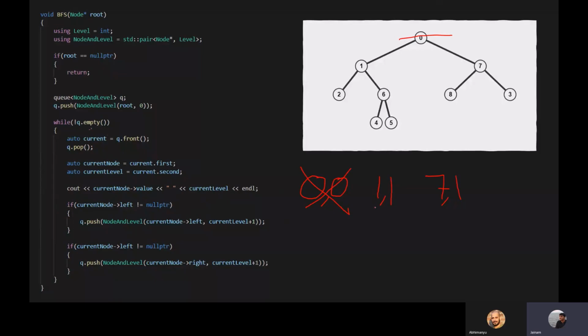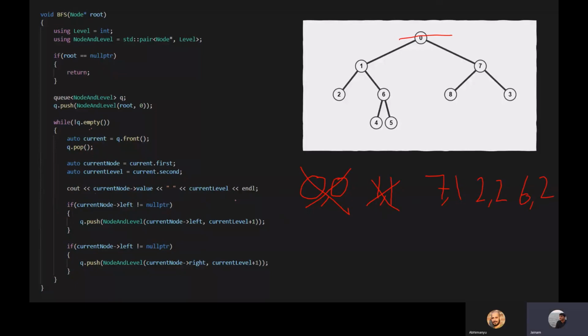We'll again pop the first element. It would be 1, 1 in this case. We print its value and level. We push its left and right child, which is 2, 2 and 6, 2 in Q. This has also been dequeued. Now we again continue with the loop. Now we have 7, 1. Then we pop it.